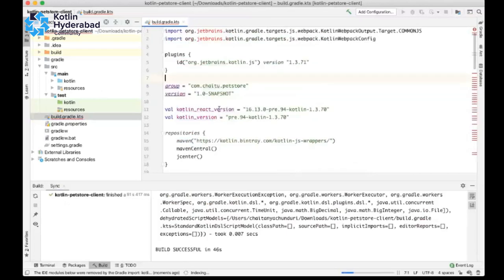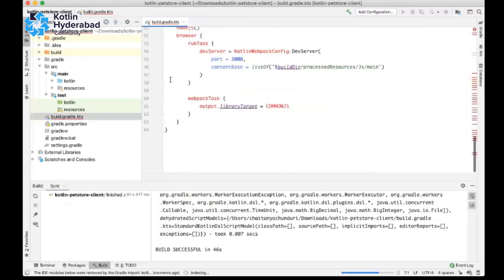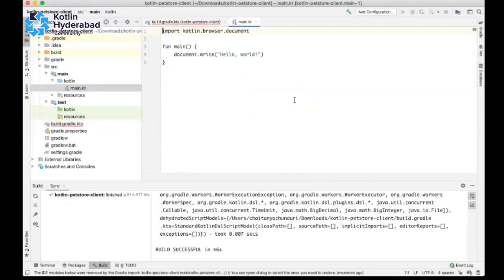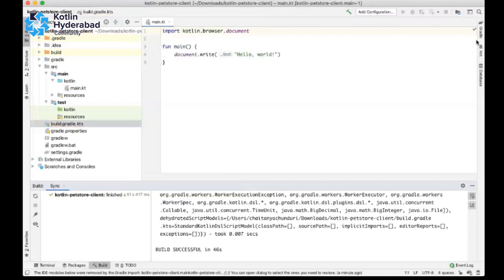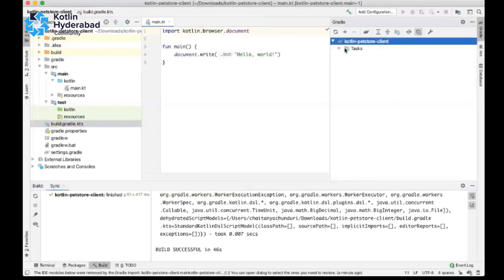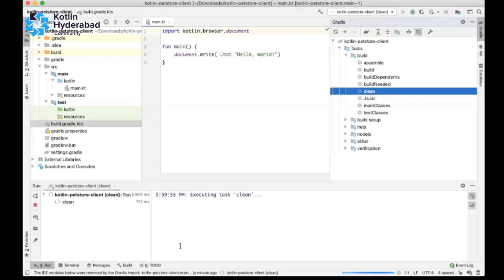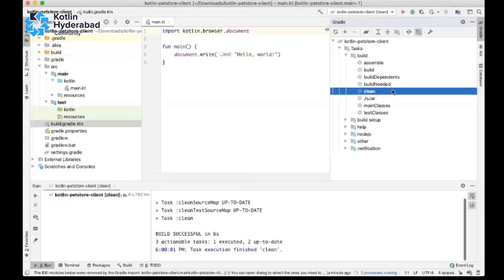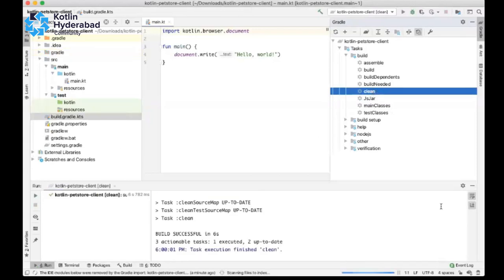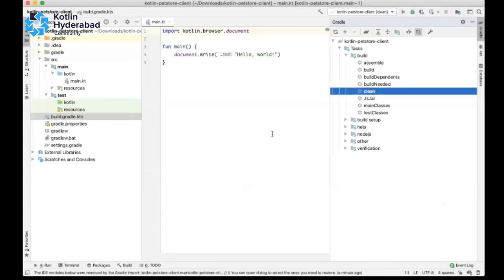The build is a success. I think IntelliJ will take time. Okay, now the errors got cleared.